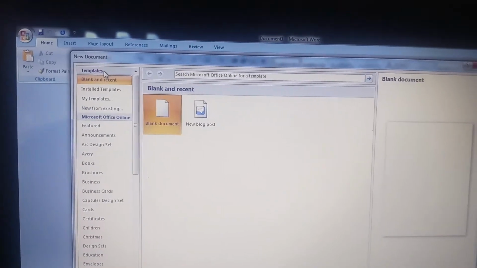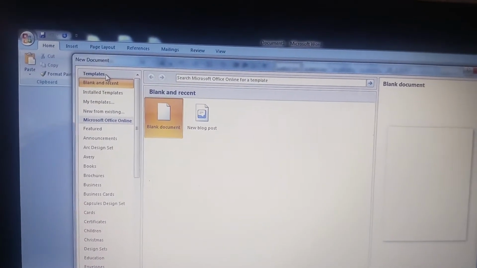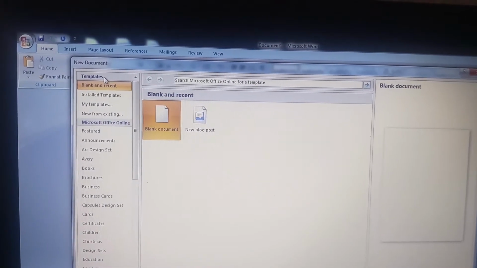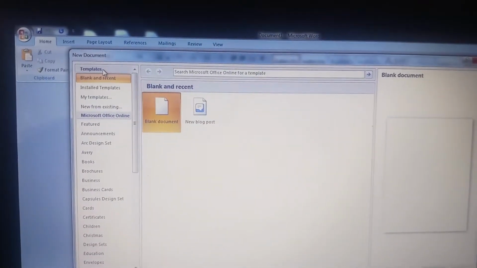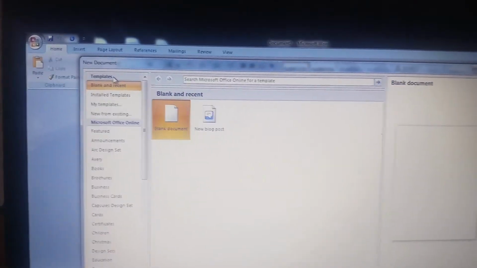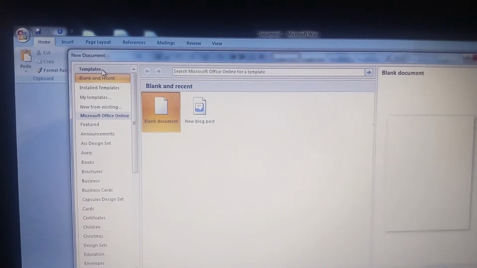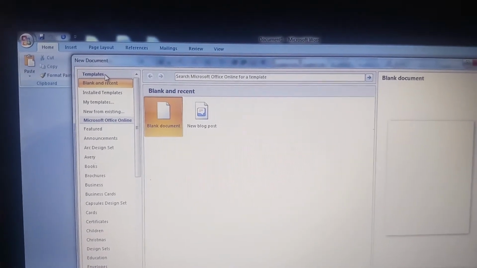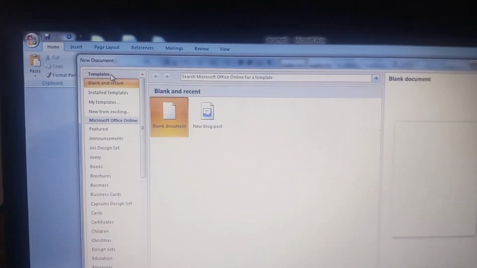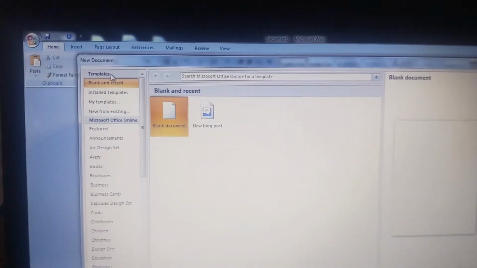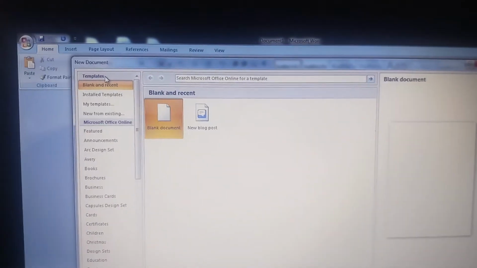Everything is possible while using the already existing templates, or else we can create new templates too. New templates are made by clicking the blank document option. While using the blank document option, with the toolbar as well as the menu bar options, we can create new templates too. But we can also use the already existing templates.